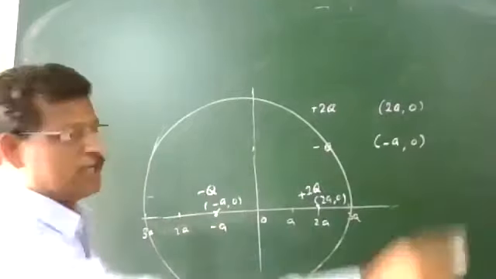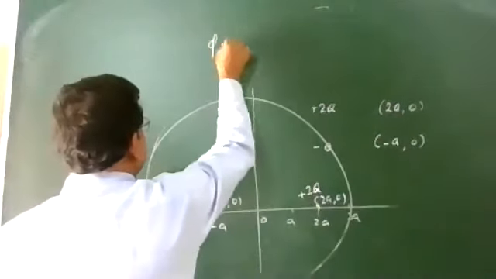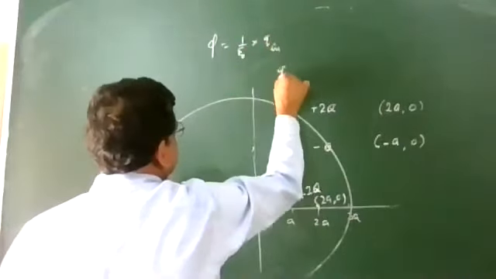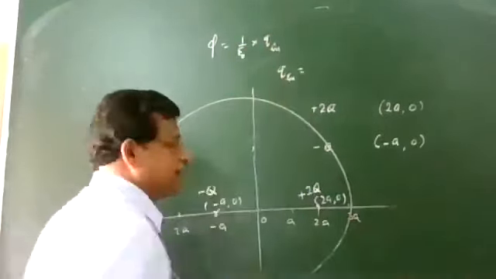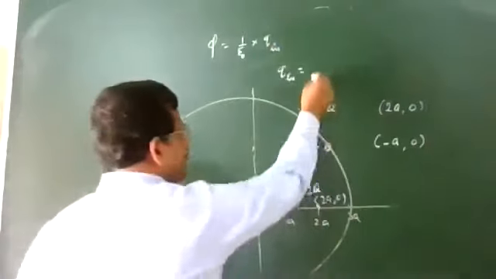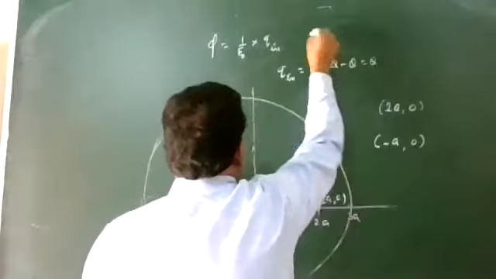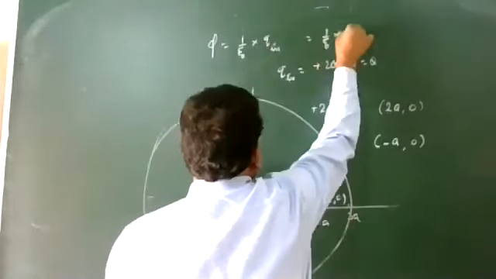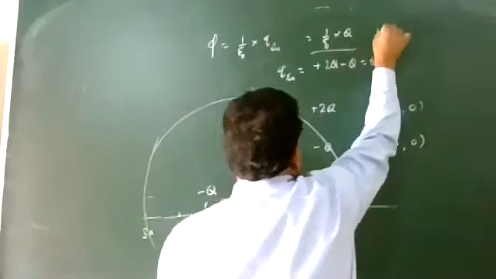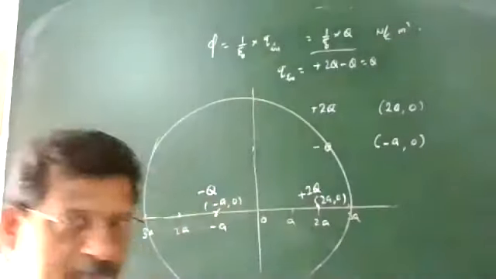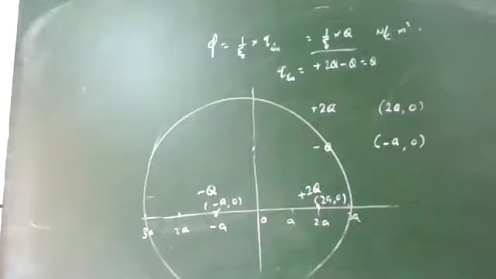So what is the total flux through the sphere? Again, it is calculated as flux equal to 1 by epsilon 0 into Q inside. What is Q inside here? Inside is the algebraic sum of the charges. One is plus 2Q charge and the other minus Q charge, that is equal to Q. Therefore, this is equal to Q by epsilon 0, in Newton meter squared per coulomb. So this is the way how to calculate that.